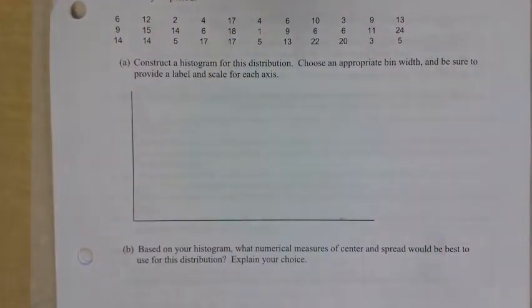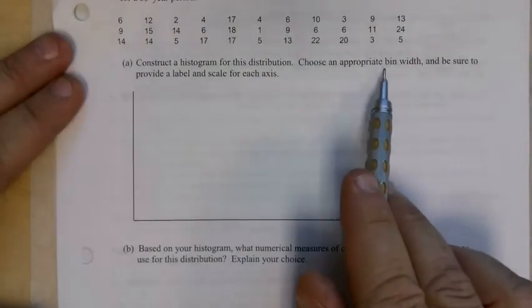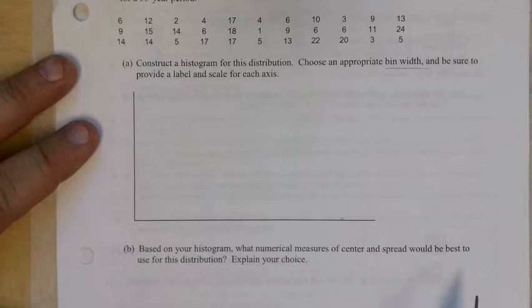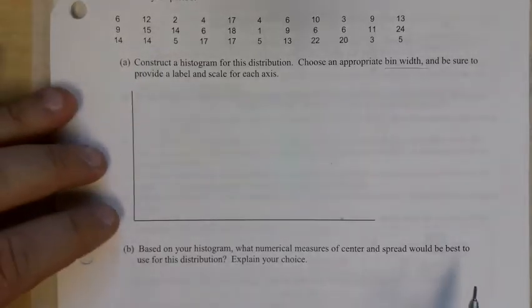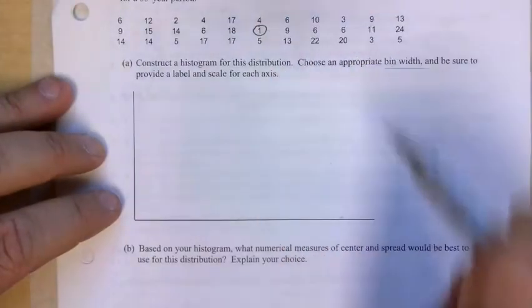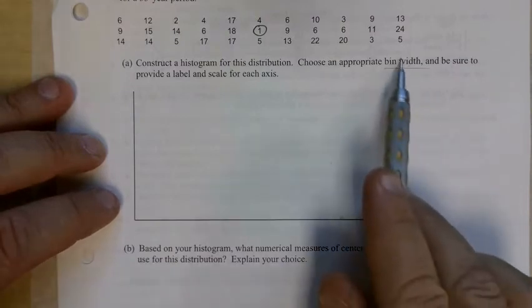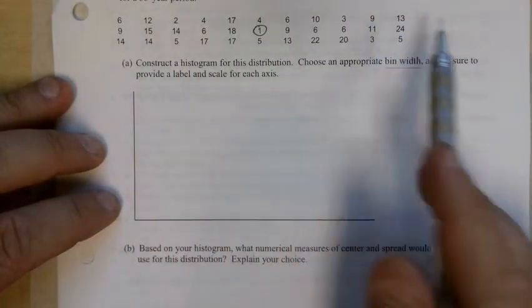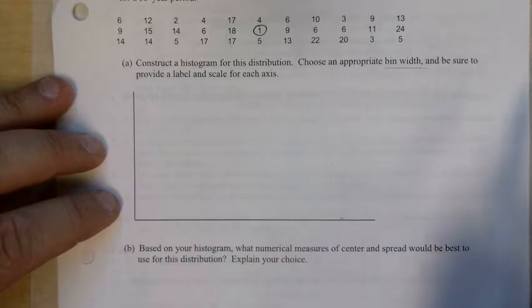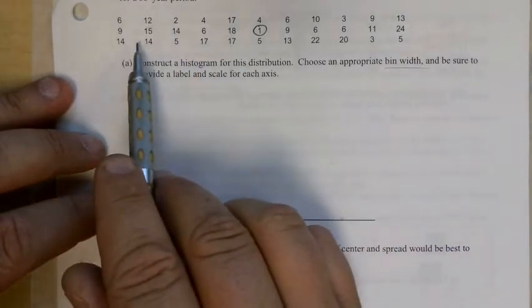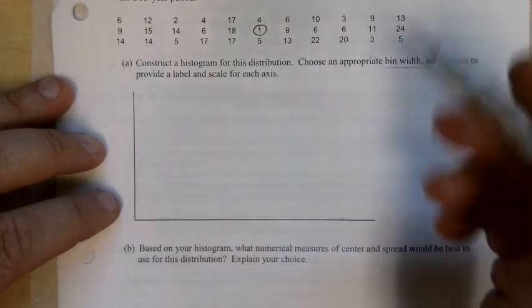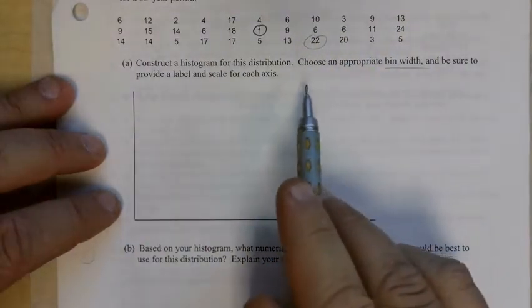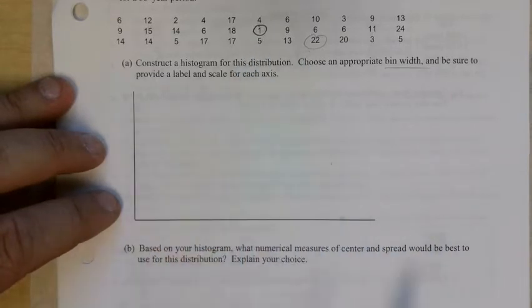Data, I know this. Unprovoked alligator attacks for a 33-year period. So N equals 33. Now, in choosing my bin width, I want to look at my values here. I've got a low of 1, it looks like, and a high of 22, right? So I need to get bins that will go at least from 1 all the way to 22.